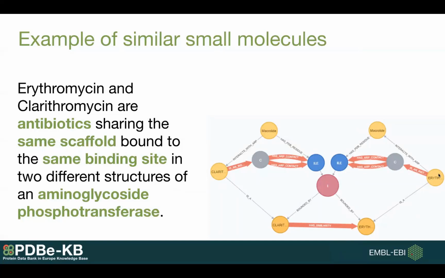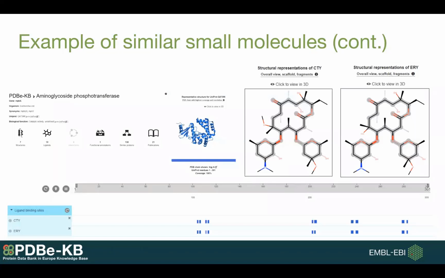And if you look at those small molecules, you can see that they are similar, which is based on several criteria. One of them that you can filter for is that they have the same scaffold. So this is already visible if you just look at the graph database. But if you actually look at the examples, you can see that indeed, these 2 antibiotics have the same scaffold. And if you were to visit one of these aggregated pages, aggregated views that I will talk about later,